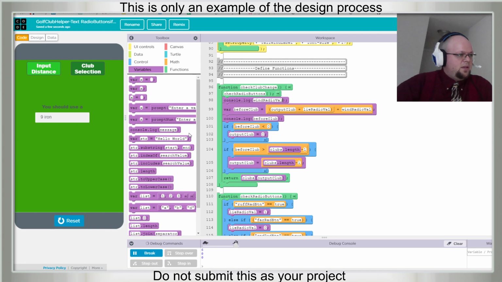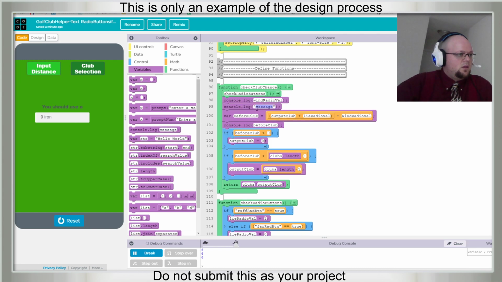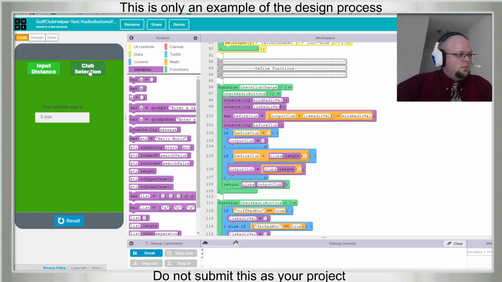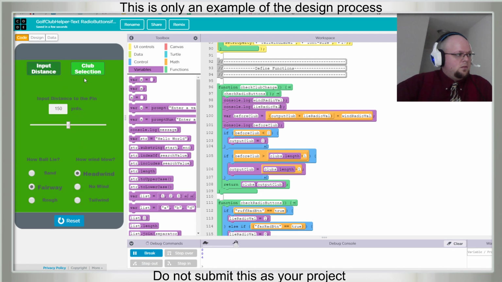And I don't think we even need before club. That's overkill. This will be the last thing. Nope, it's not changing it.